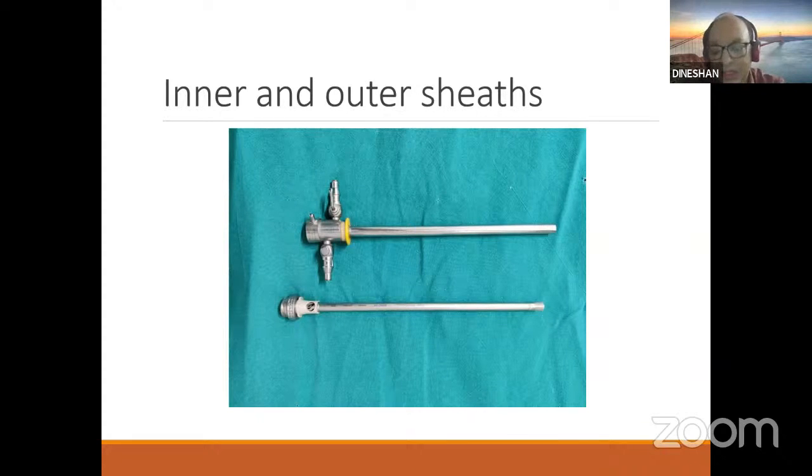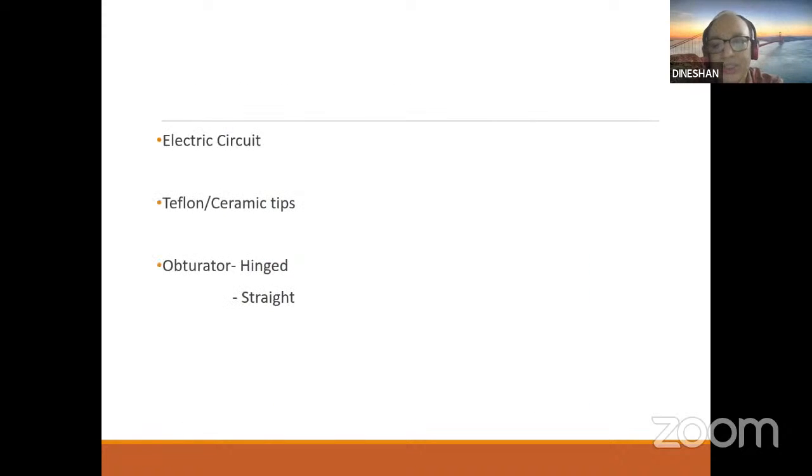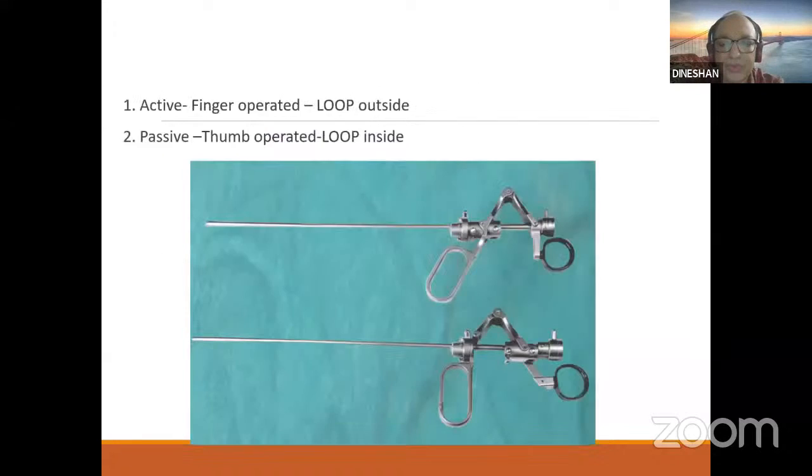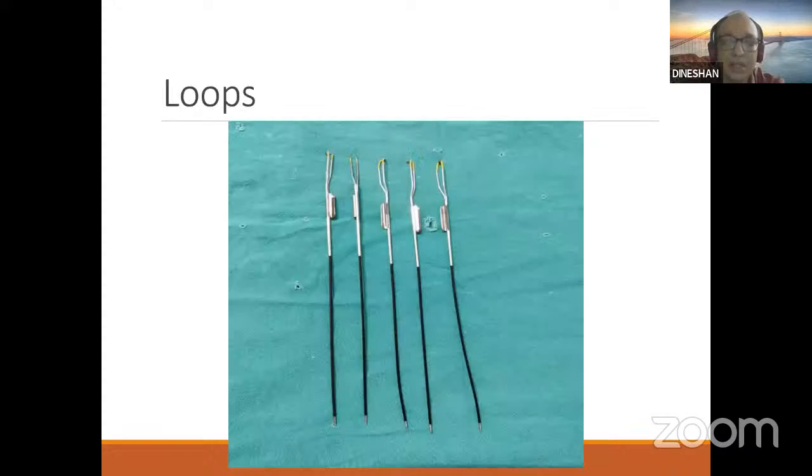But if it is an acute angle, it will go more inside, and chances of damage to the ceramic tip and current transmission to the sheath can also occur. So it has to be made sure that it is always at a right angle.